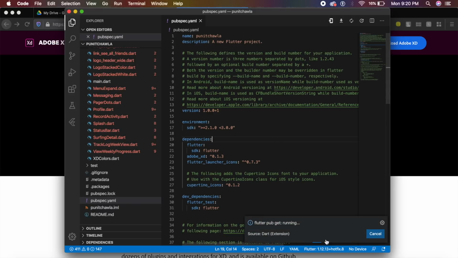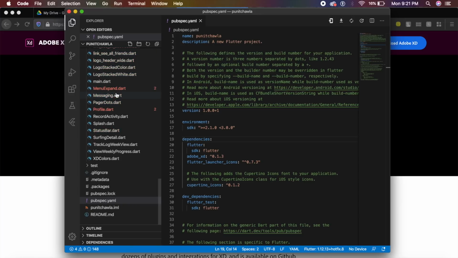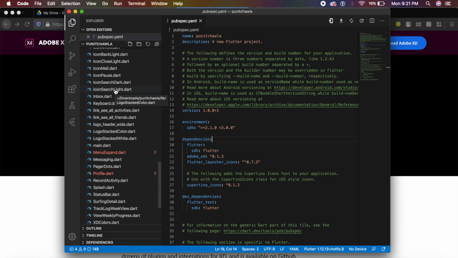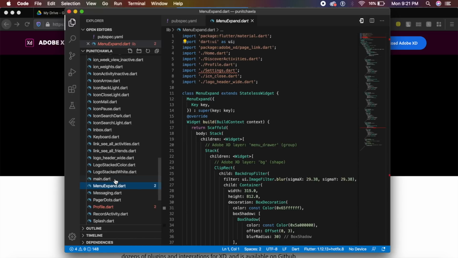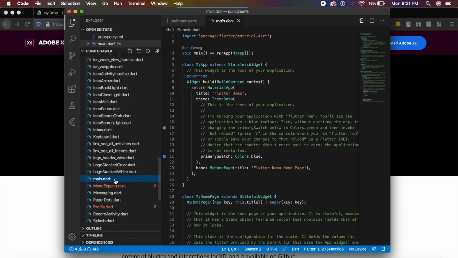Once you've done that, VS Code will simply start up this running process, which is Flutter pub get. And as you can see, these red ones will start turning into these white text. Very simple stuff. Now, the main page that we have here is called main.dart, which is not exactly our main page for our application. It's just a dummy page, but we will not really remove anything from here.